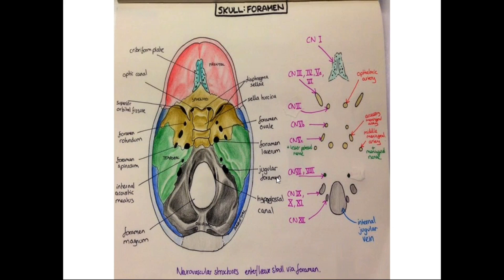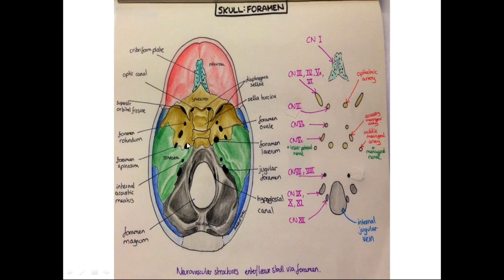Now this is another diagram representing the foramina. Through the cribriform plate of the ethmoid passes your olfactory nerve. Through the optic canal pass your ophthalmic artery and optic nerve. Then through foramen rotundum passes your maxillary nerve. Through foramen ovale, the mnemonic is MALE: mandibular nerve, accessory meningeal artery, lesser petrosal nerve, and emissary vein. Through foramen spinosum pass your middle meningeal artery and the trunk of the mandibular nerve.